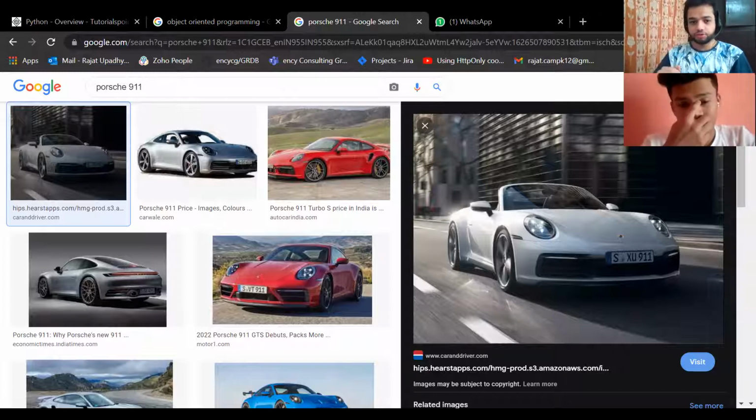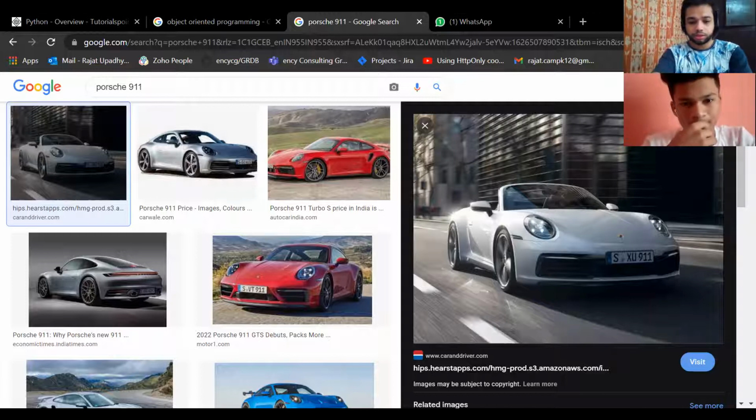Let's go through it level by level. So it's a type of car, right? And let's go to shapes. Let's put this here like this and say car, right? And we'll just put one line here that says that Porsche 911 has come from car, right? And there are other types of cars also, right? So I'll just put in one more circle here. I'll paste two copies.